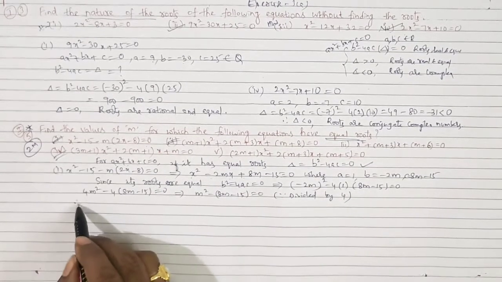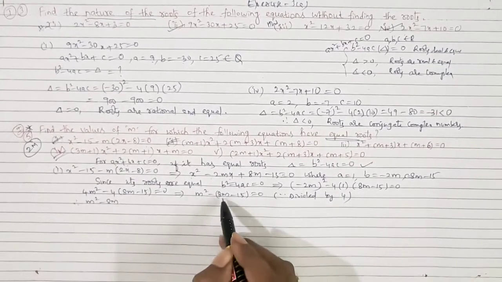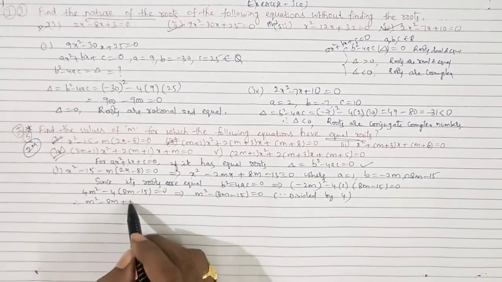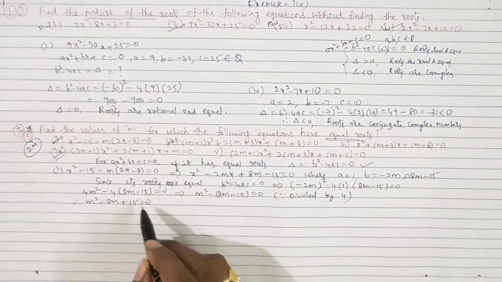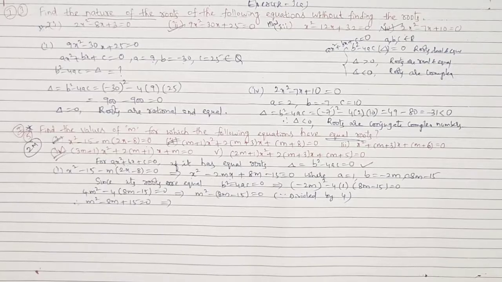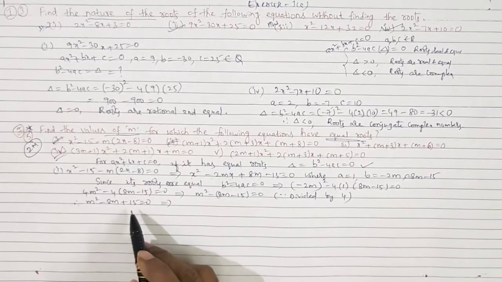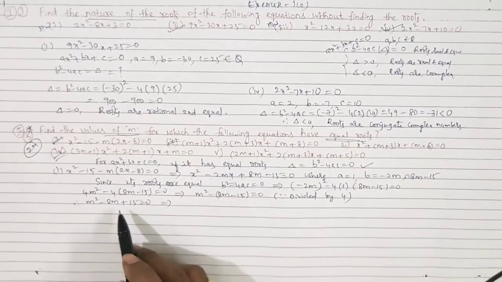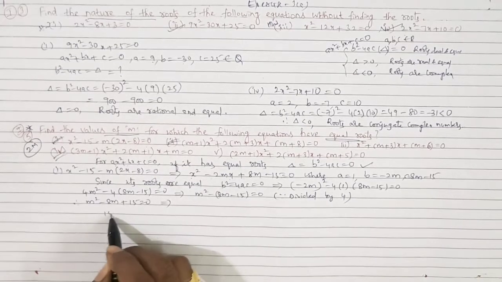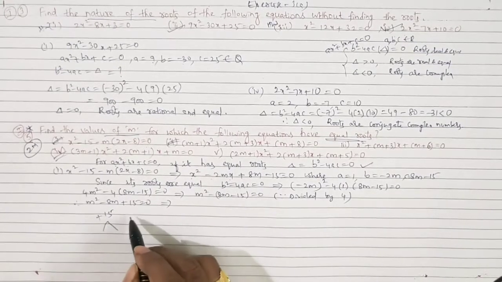Then we got another quadratic equation, in terms of m, that is m square minus 8m minus of minus, plus 15 is equal to 0. Now if you factorize m square minus 8m plus 15 is equal to 0, we get the m values, and so find the values of m. Factorization is very simple here. By product you have to get plus 15, and by sum you have to get minus 8.